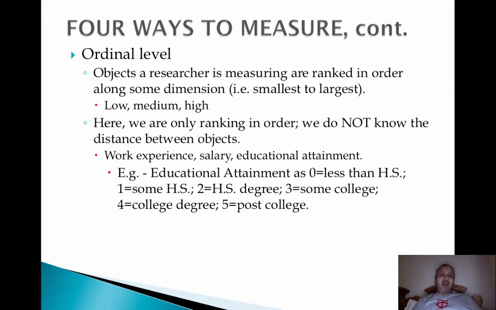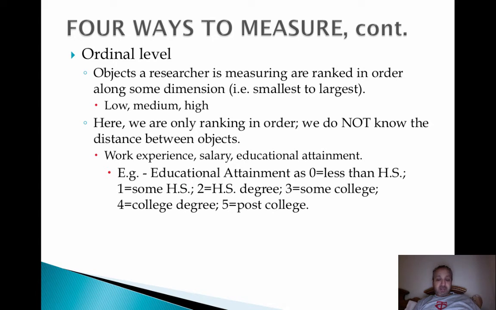The ordinal level of measurement is kind of a step up. Here's where we're actually ranking the values in some order along some dimension. For example, smallest to largest, low, medium, high. Those are examples. Remember, it's always in order, okay? We're ranking them in order. But we don't know the distance. There's not like an equal distance between the objects. So for example,